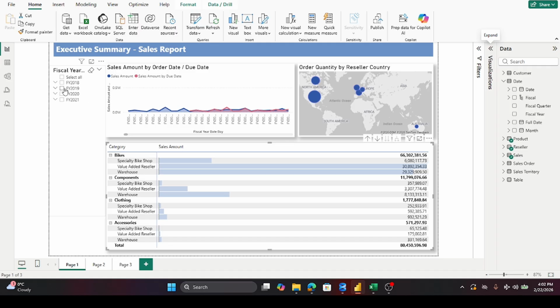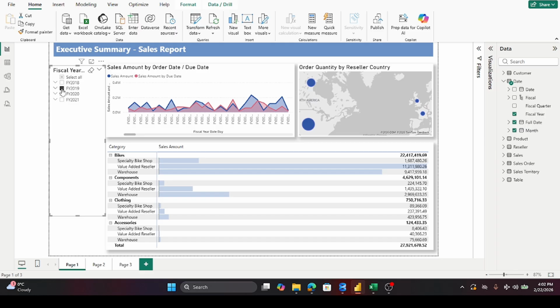So here we will go to the financial year 2019, and we see the financial year starts from July 1st, so we have data for one year, from 2018 to